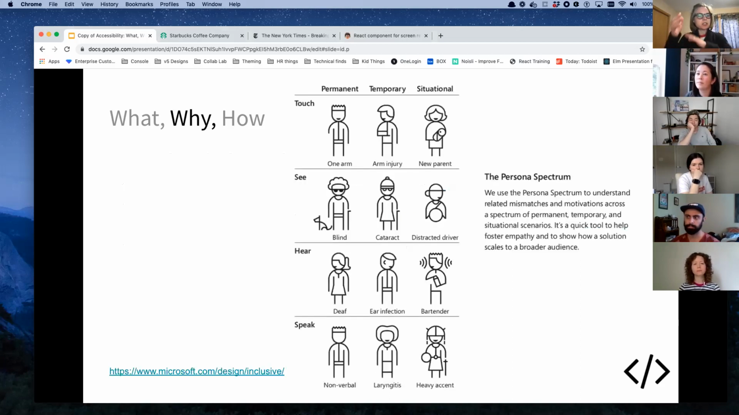Microsoft has been publishing a lot of great information on inclusive design. And they have these personas that we can think about when we're thinking about creating experiences for the visitors to your website. So people can have permanent disabilities, temporary disabilities, or situational disabilities. And you can probably look through these personas and maybe find yourself in there, right? So for example,